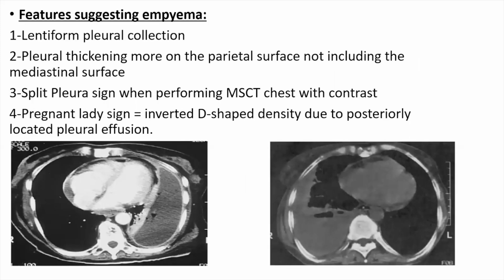And now we have some features which suggest empyema in the CT chest. Lentiform pleural collection, like we can see here, a lentiform collection. Also, you can notice some pleural thickening on the parietal surface, and there is the famous split pleura sign. This is a split pleura sign where you can see the pleura splitting here, and it can appear in CT